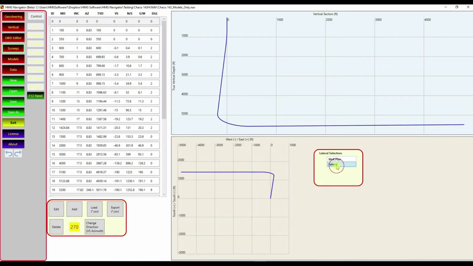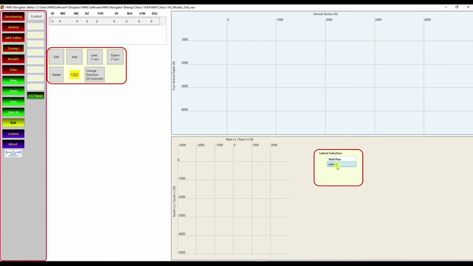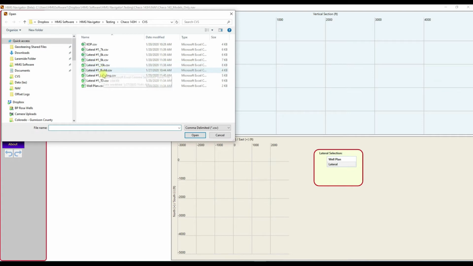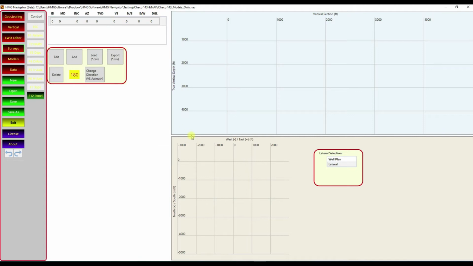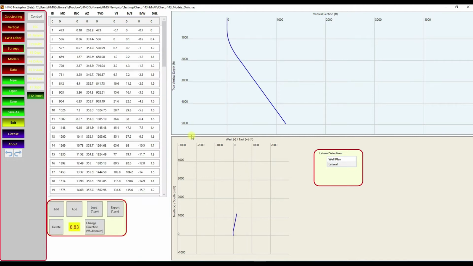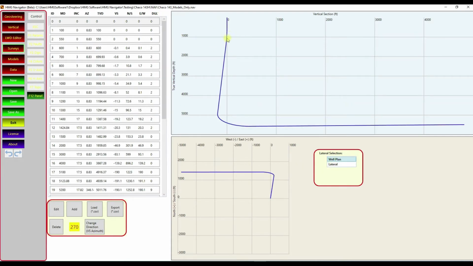Now I'm going to go to the lateral, and this is a simulated geosteering, so let's just pretend that we've drilled up to the kickoff point. The point of this part of the exercise is to show you how you can use this program to correlate prior to your kickoff point. In this case, we are in a deviated part of the well, and if you go to the well plan, you can see the purpose was to drill negative vertical section before, to the north, drilling to the north before starting our build